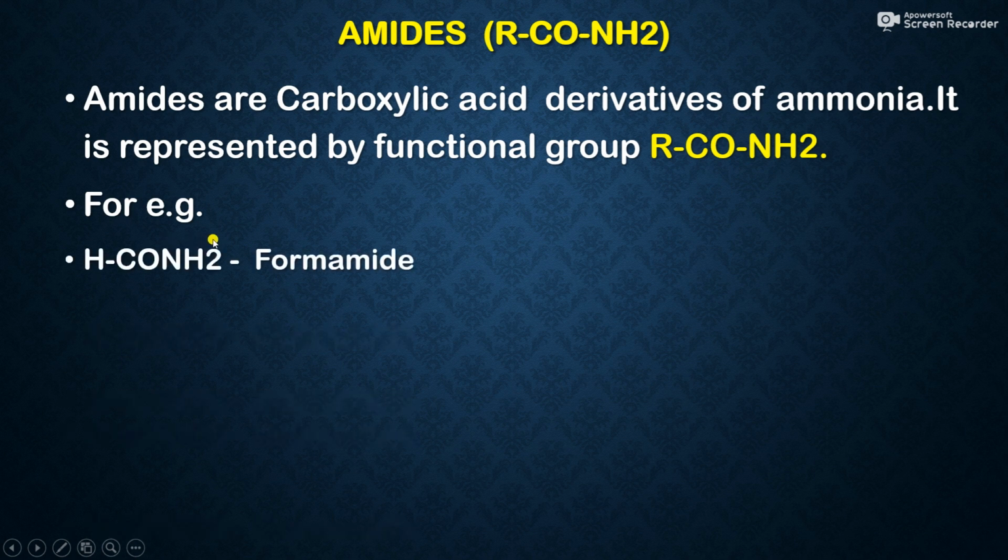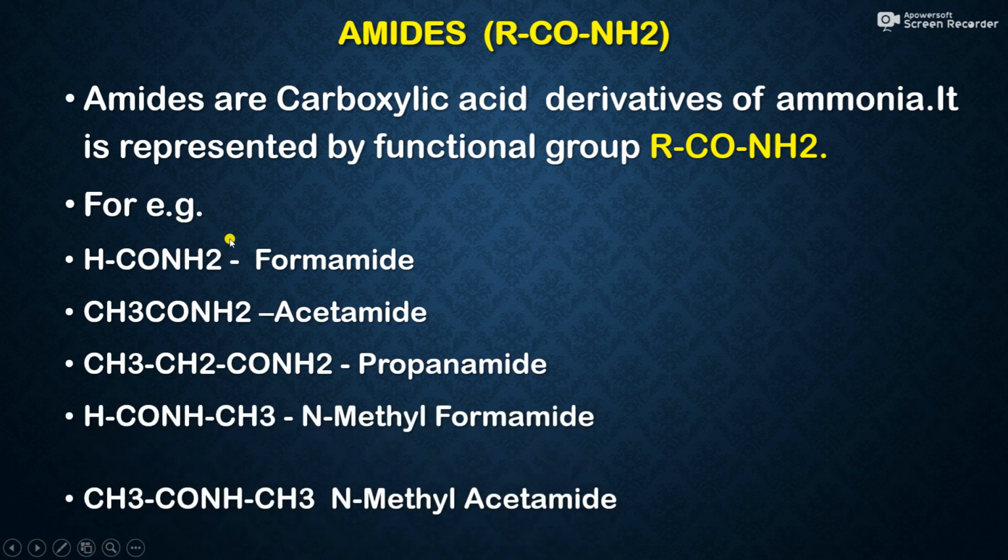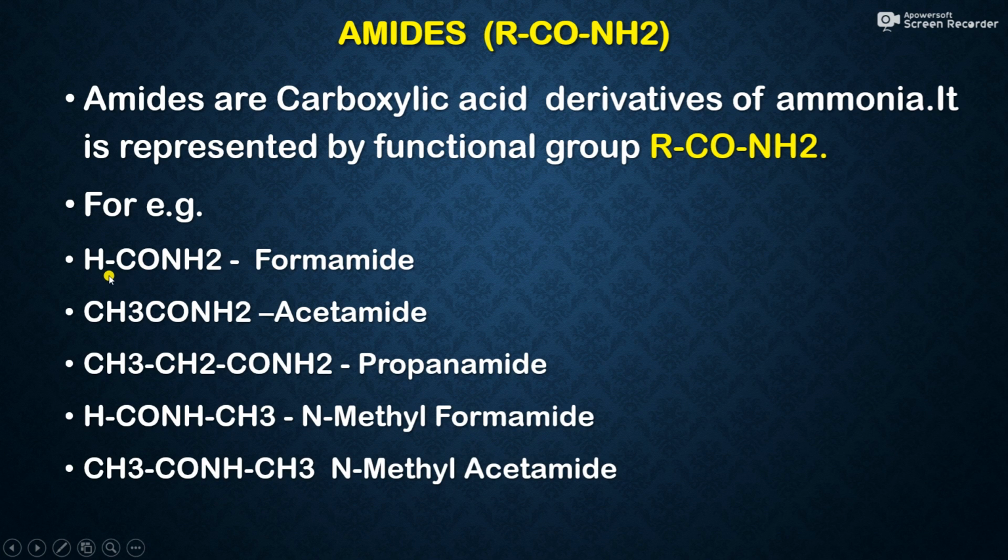We have different examples of amides. The very primary, very small amide is formamide. So this is made up of formic acid and ammonia. The name itself suggests how it is formed. So formic acid gives formamide when reacted with ammonia. Second compound is acetamide. So this is the part from acetic acid, and this is the ammonia part. So thus this is acetamide, an amide made up of acetic acid and ammonia.